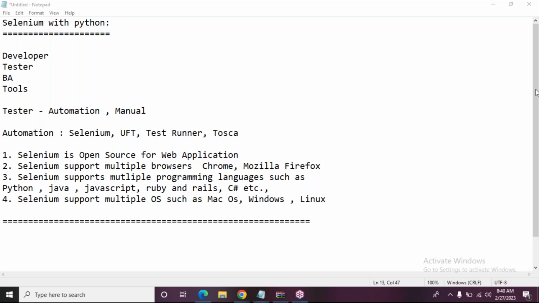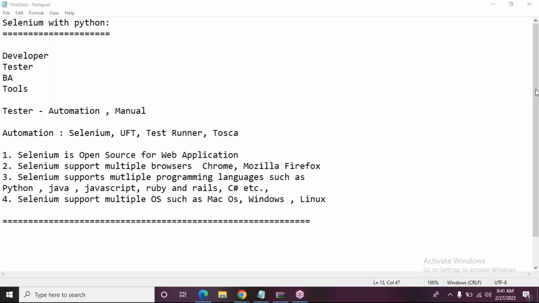Second thing, Python can do the same automation that Java does. The capability Java has to automate an application, Python also has. When something gives the same results with easier code and I can easily learn it, why should I choose something which is tough for me? It does the same task. So, as I already told you, Selenium with Python is a very smart option,